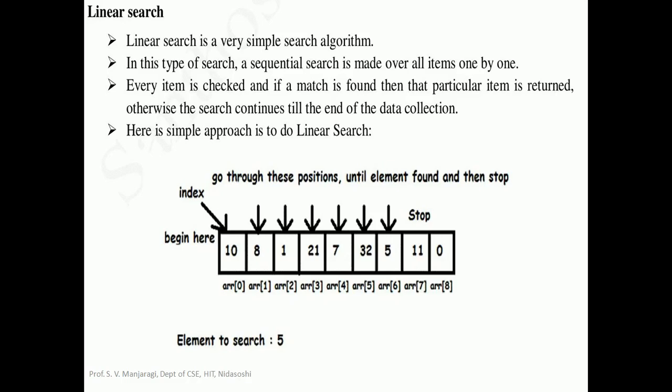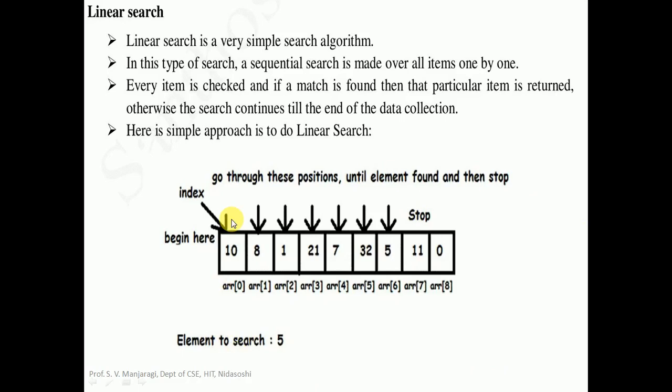If the search key is not present in the array of elements, then we have to say that that particular key is not found in the array. So that is called the searching technique. Basically, in this technique we are searching for an element in the array or list of elements. Basically, there are two kinds of searching techniques. One is called linear search, and another one is called binary search. So let us study about the linear search first.